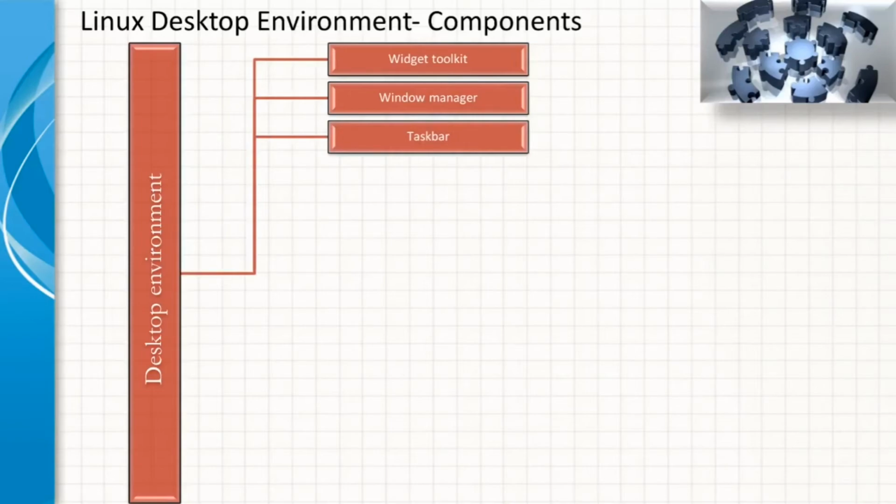Taskbar. The taskbar displays the icon of all the running applications on either the top panel or a new bottom panel of your monitor. The taskbar runs across the top of your screen and helps to keep track of running applications. The taskbar contains buttons to identify each open application window.